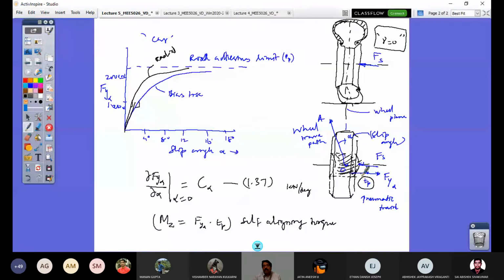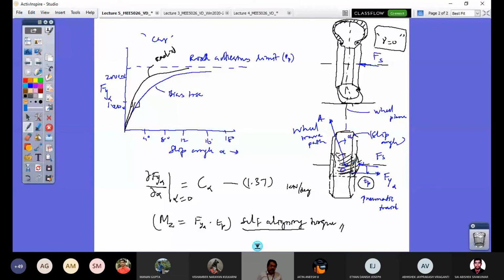So you could experience that when you drive your vehicle, you steer to the right to take a right turn, and when you leave the steering wheel, you automatically feel your steering comes back. That's essentially because of this self-aligning torque, which is generated at the tire-road interaction because the lateral force generated for cornering acts at an offset distance tp, called the pneumatic trail, from the center of the contact patch towards the rear side of the contact patch, not the forward side. Remember that, right? So this is what self-aligning torque is.